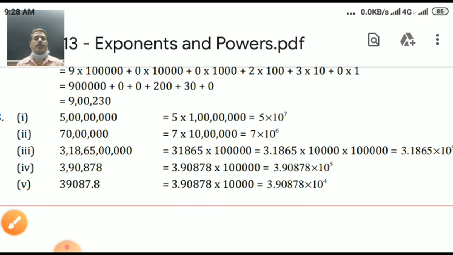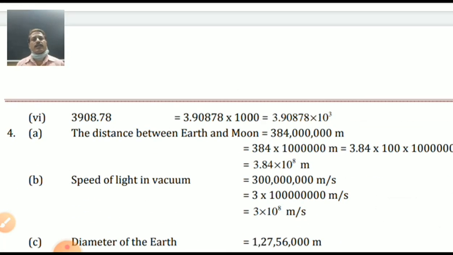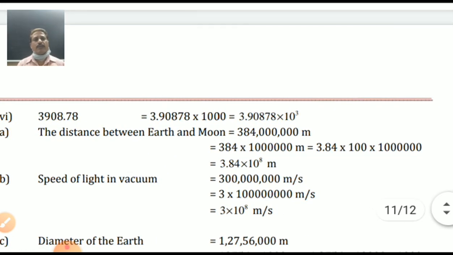Look at here, next question. Whatever the number, big number, but one number is first before the decimal point. Clear? Yes. Up to there you have to jump. Now last but not least answer is here. 78 is given. So 10 raised to 3 will come. The distance between earth and moon is this much. What will we do first? Number one side, the zeros afterwards. Put zeros behind the one, son. No need to worry. And what will we put behind? Meter. How many zeros are there? Yes, 8. Not 8, but 6 are there.